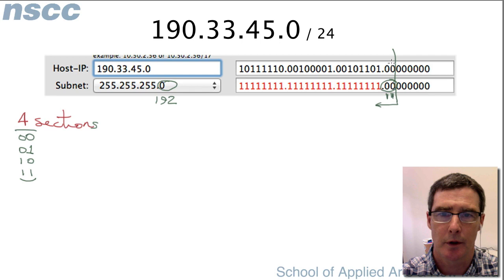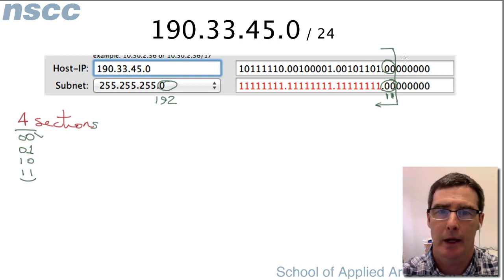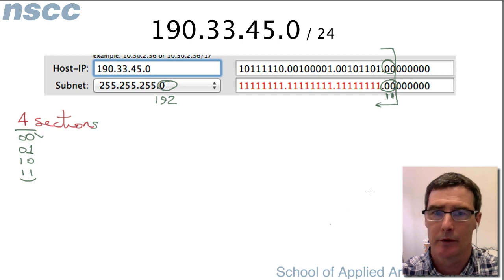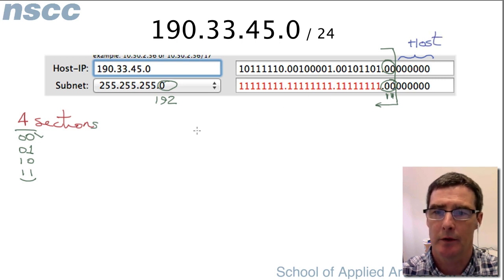So how does that work? Well, for the very first network, these 2 bits here are going to be 0, 0. And the rest of the bits are going to be used for our host definition. So if we look at the address of the network,